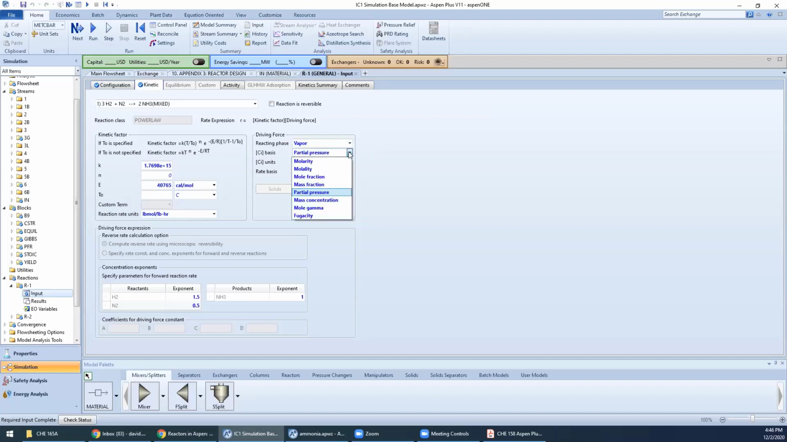You can pick the basis for the concentration. Now we would have partial pressures. You can pick the units to make sure everything works out, and then you can also have the rate basis be in terms of catalyst or volume. If you have a packed bed reactor, as ammonia production is typically done, actually through a moving bed or a series of packed beds, you pick catalyst weight, because